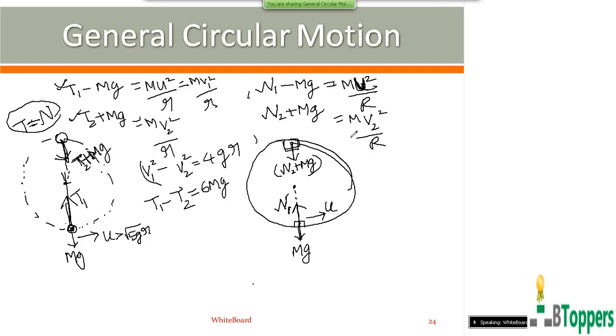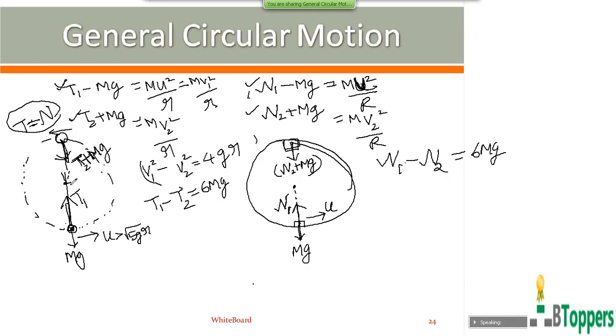In a similar way here also, subtract this equation from this equation and apply conservation of mechanical energy for the motion of the block around a smooth circular track. You get the difference between the magnitude of normal reaction on the block by the surface of the track at the lowest position and the magnitude of normal reaction on the block by the track at the highest position is 6 times the magnitude of weight mg of the block. And whatever conditions I have discussed for velocities at the highest and lowest position, the same conditions apply here also.